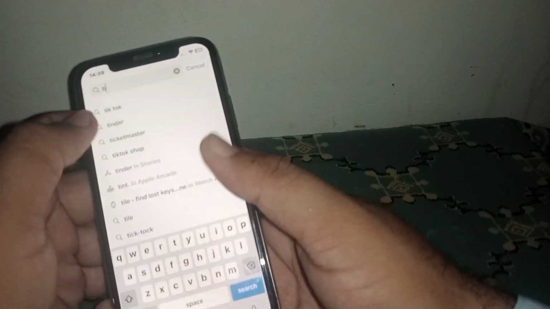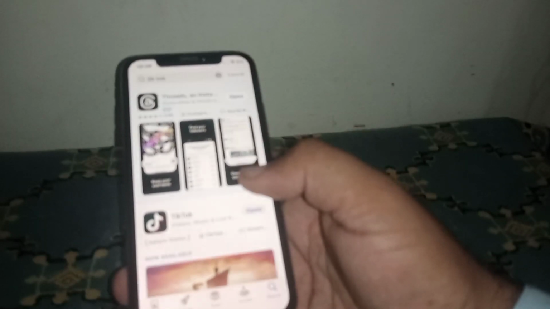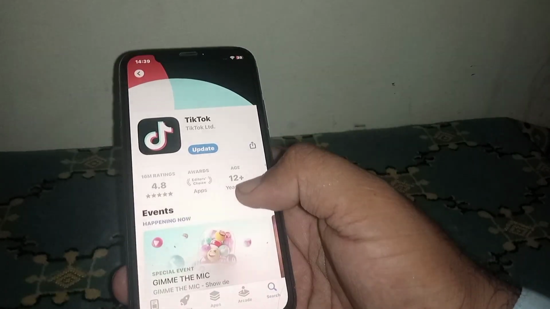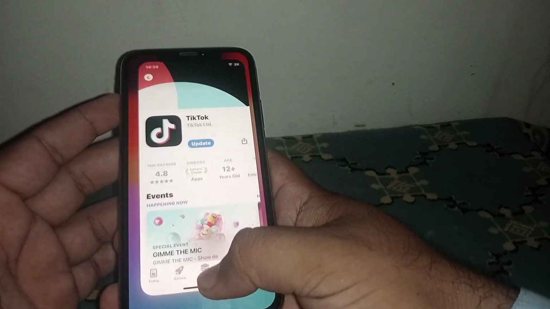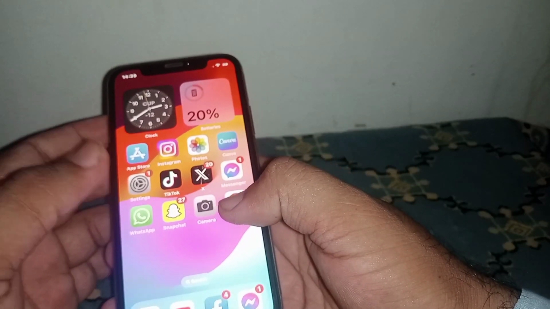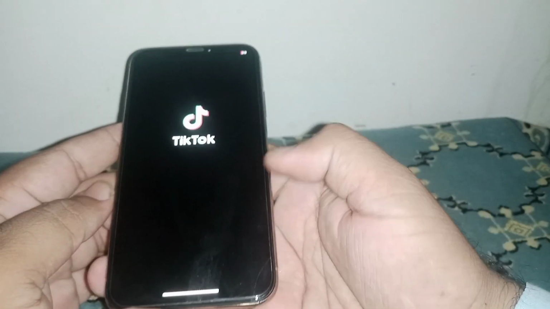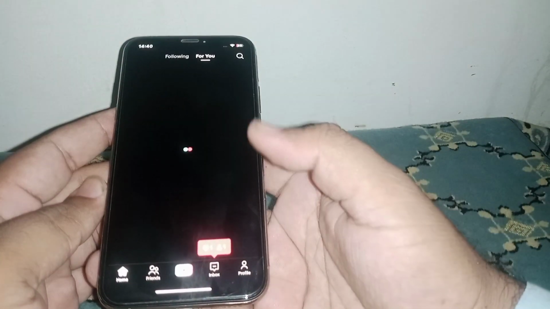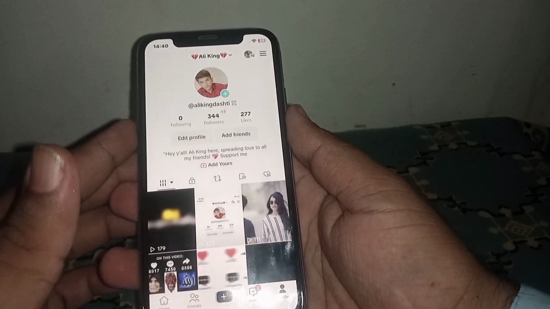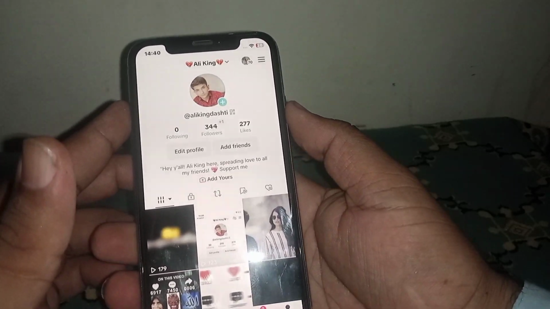Search for this TikTok app, click on this, wait some seconds, and from here you make sure that you update your TikTok account. After updating your TikTok account, go back to your home screen and open your TikTok and click on profile icon, and from here you make sure that you have 1k plus followers, and after that get